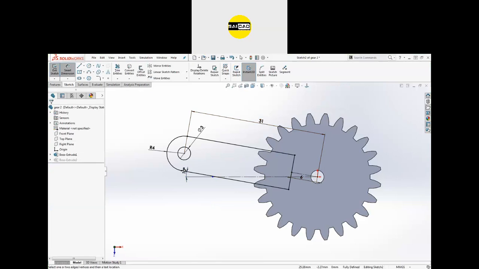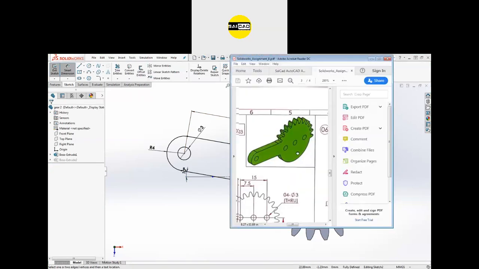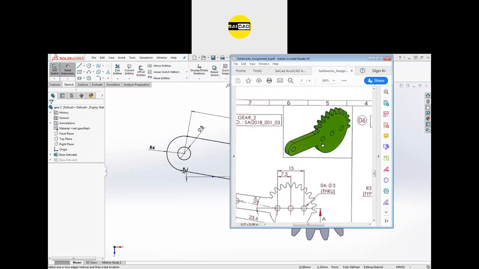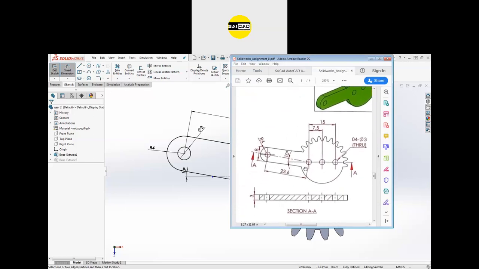The center should be at a distance. So if I show you this point, we have the shape. You can see the center of rotation is this one, not this center. So we have two circles of again 3 dia with 15 gap and with 7.5 gap.